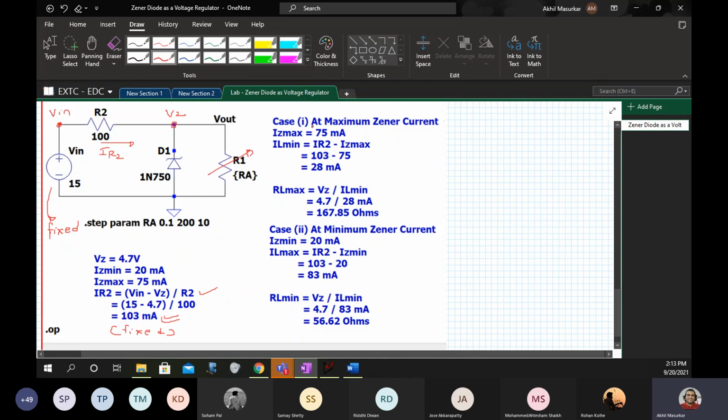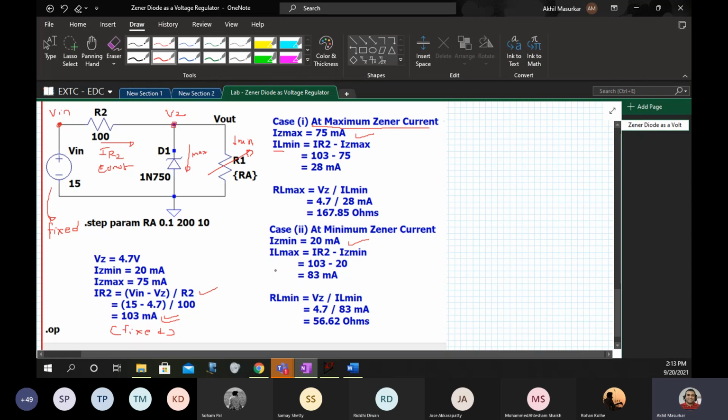We say the maximum and the minimum currents at which the Zener can operate are 75 and 20. Correspondingly, what would be the IL values? If the Zener is drawing max current, IL has to work at min, because this is constant. If one increases, the other has to decrease.